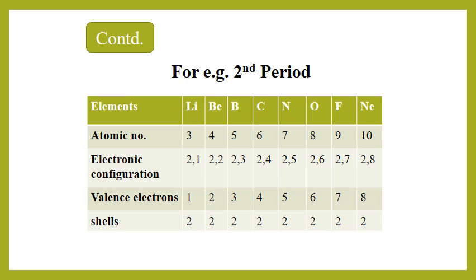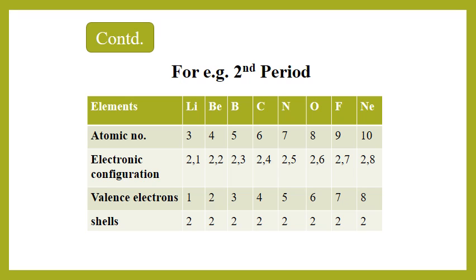You can see that in the electronic configuration row, the valence electrons keep on increasing but the valency keeps on decreasing. After number 4, you can see valency is decreasing from